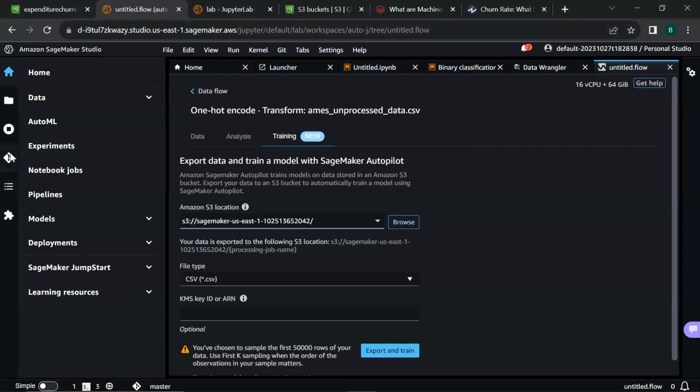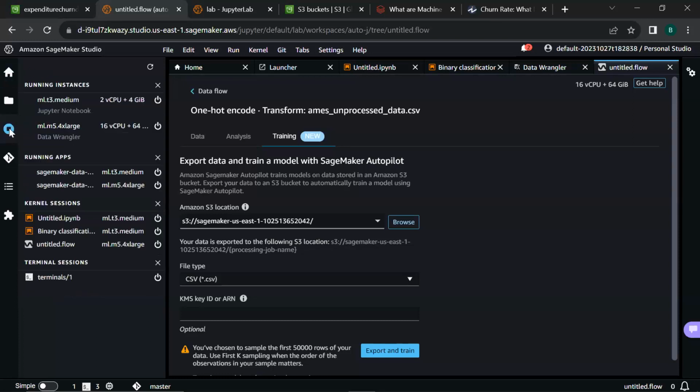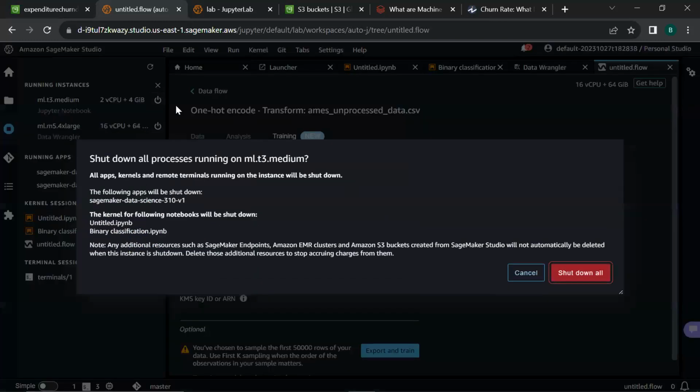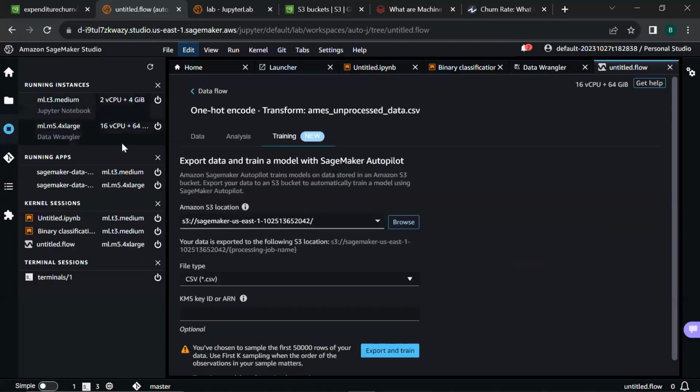What we do is we click on this particular part written running terminals and kernels. The one with the circle with a square inside, click on it. And then we are going to just shut down everything. So click on this icon that looks like a power button, click on it, and then select shut down all. Make sure you don't leave until all these disappear.